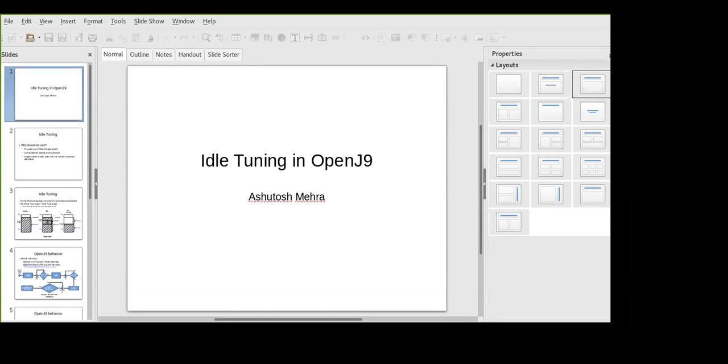So with this context, what action does the JVM need to take? In the JVM we know that the heap is the largest consumer of memory. So I have depicted the heap state during active and idle cycle in this slide. On the left hand side is the heap state in the active phase. So you have